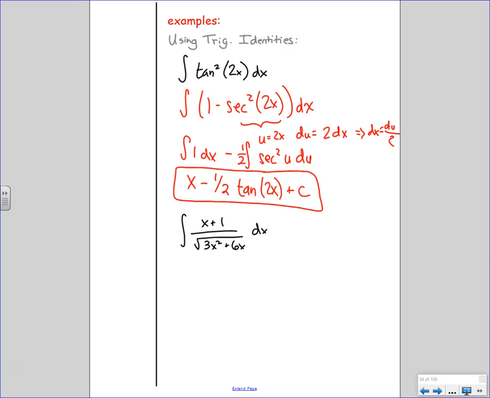But since it's on the bottom of the fraction, oh, negative 1/2. No, that's not what I was asking. So it's on the bottom of the fraction. Just make u the expression, because you can make it to the negative 1/2 power later. Don't worry about it being in the bottom.